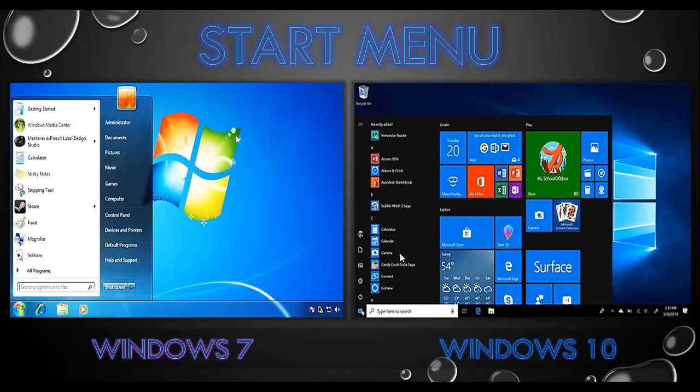But in Windows 7 only a few options were available, and if you wanted to see all the programs installed on your computer, you had to click on the all programs option, which is at the bottom. You can see that is here. So there is a difference between the start menus. You can see that the Windows 10 start menu is much more attractive in comparison to Windows 7.